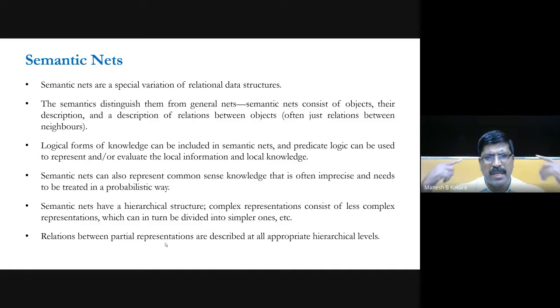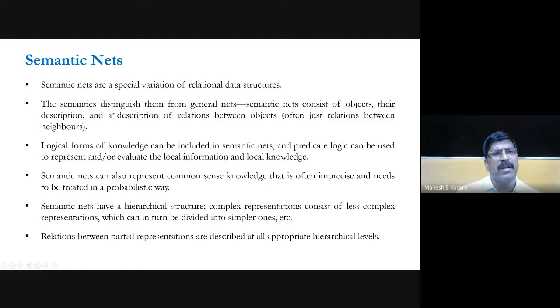Then we can establish the relations between them. For example, this eye is to the right of this eye, or this eye is above the nose, or it is above the upper lips and then the chin. So you can establish the relations between all those objects within the entire scene. Basically, a semantic net is a graphical representation along with the relations between different objects within that scene. Semantic nets are spatial variation or relational data structures